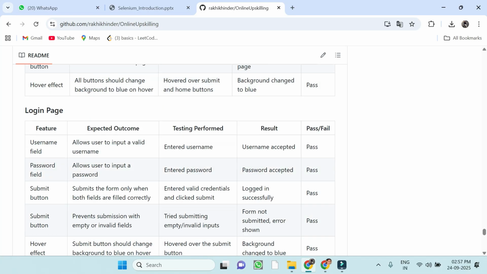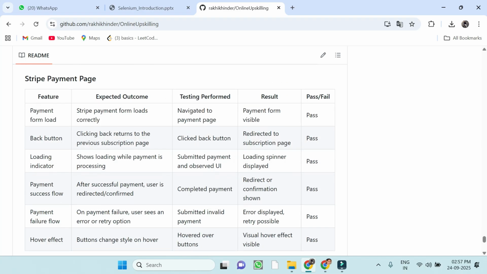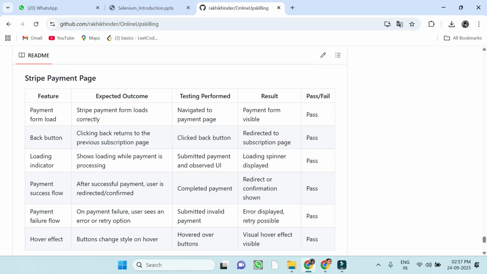they mention everything here: login page, subscription page, and the payment page. For your payment page, what you need to check is the payment load, like how 10 or 16 or 20 users come in at the same time. They want to pay, so is your website okay for that load or not? So check navigation to the payment page, whether the payment form is visible, and whether the user, after payment, is able to see their payment or not.